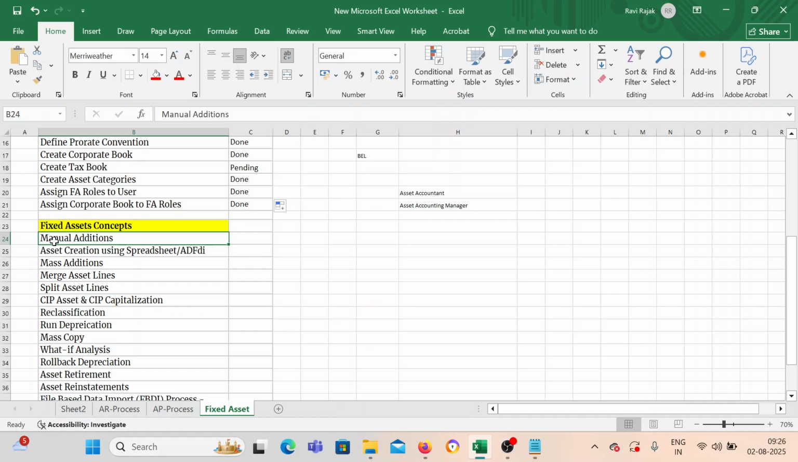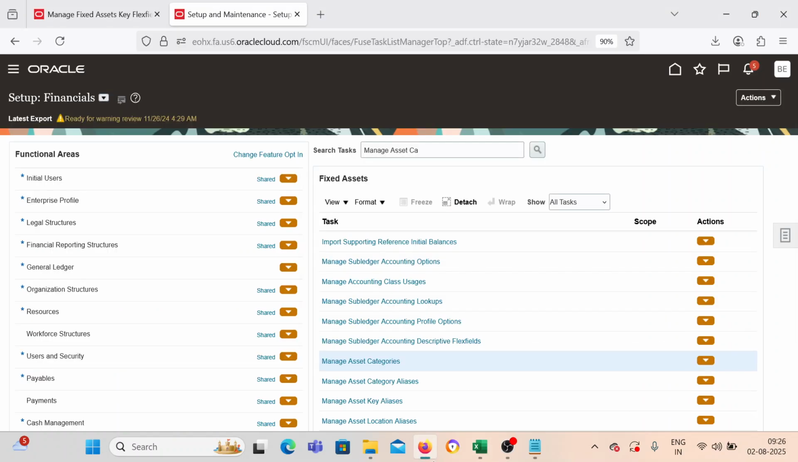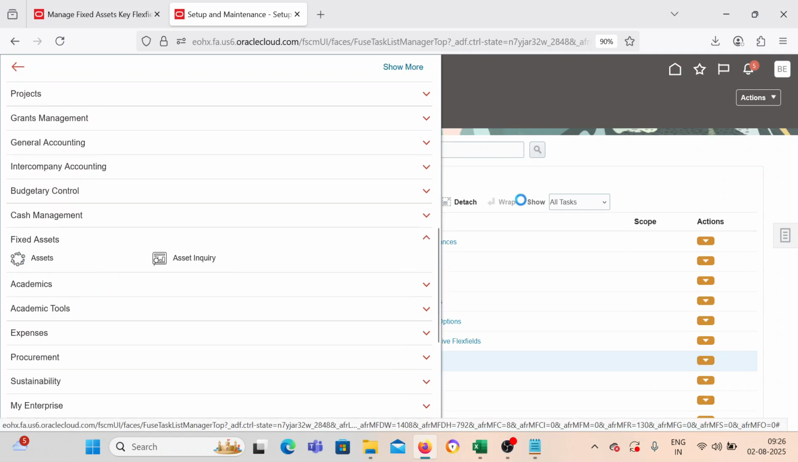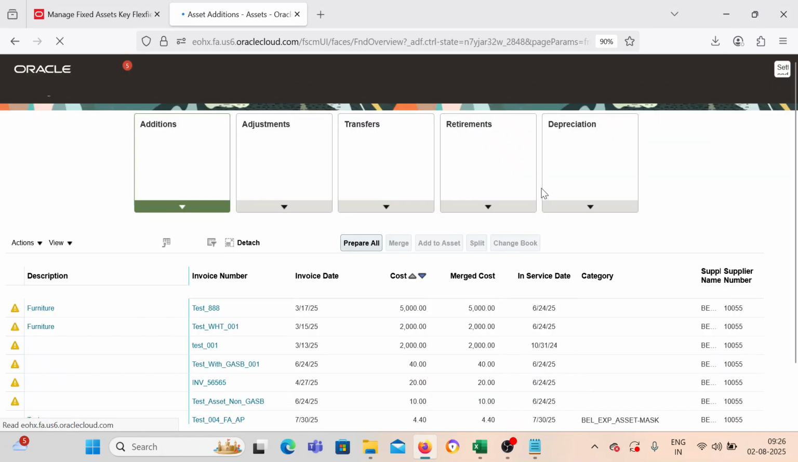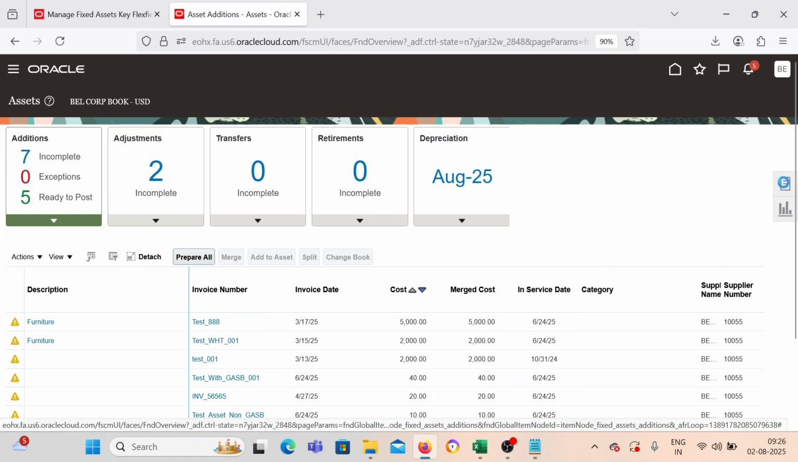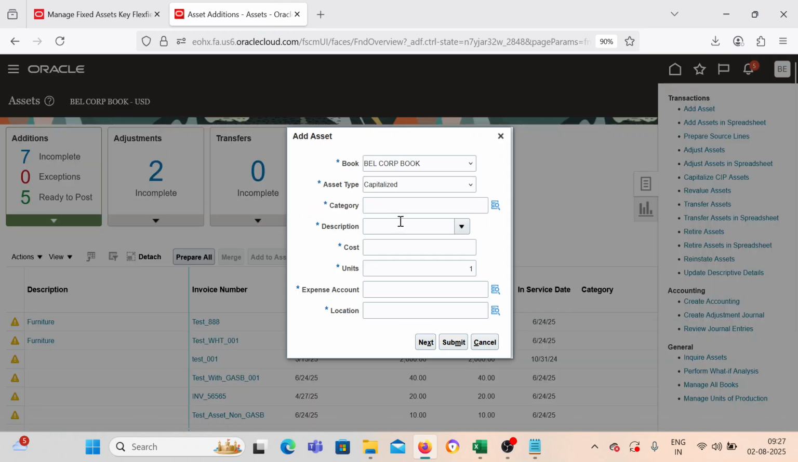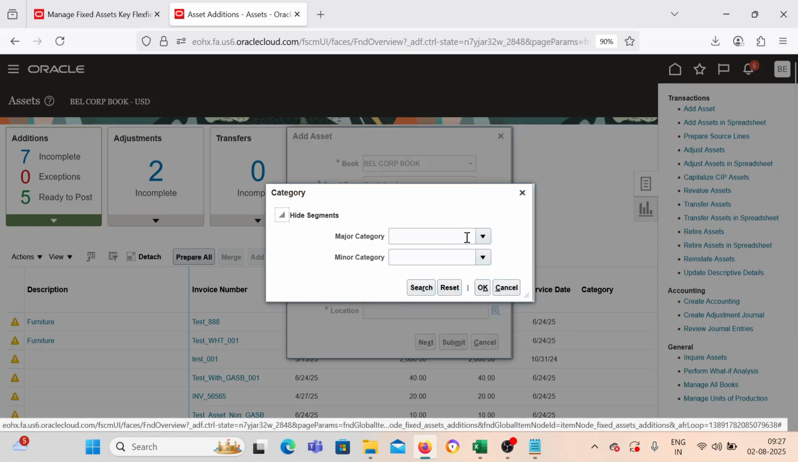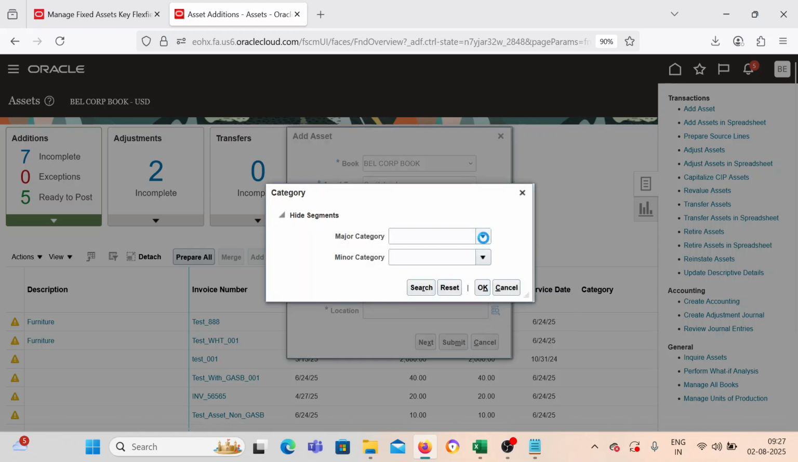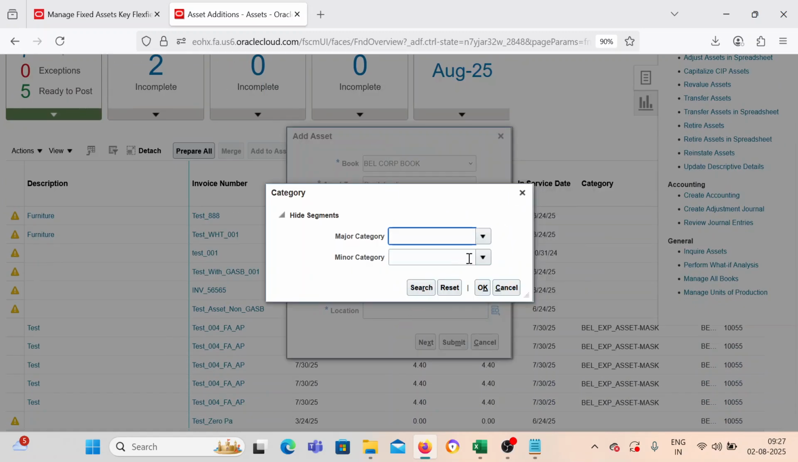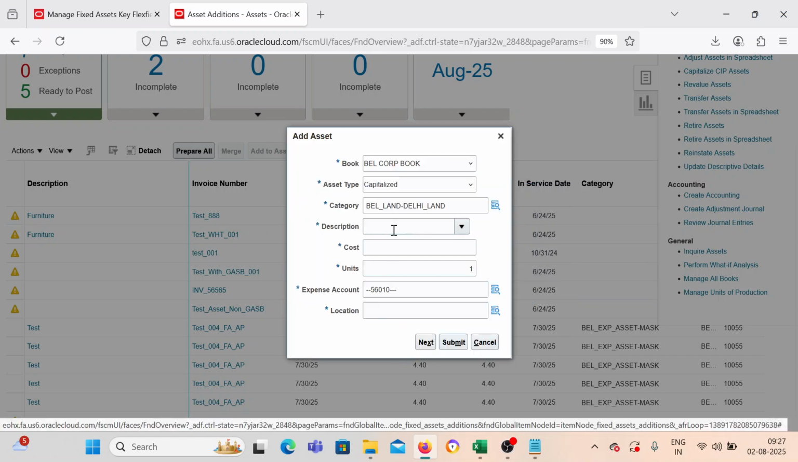The next thing is we will be creating an asset manually. Click on navigator, go to asset, go to task list, click on add asset. Select the asset category which you have created. I had created Bell Land, and the minor category is Delhi. Click on OK. Description,